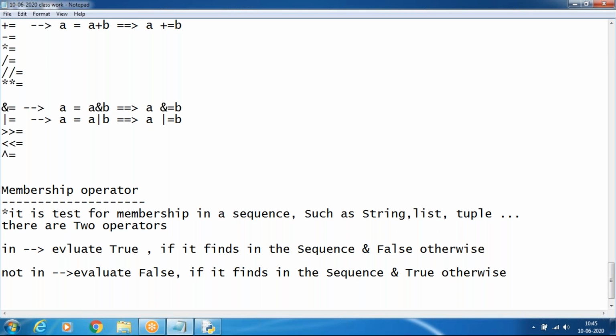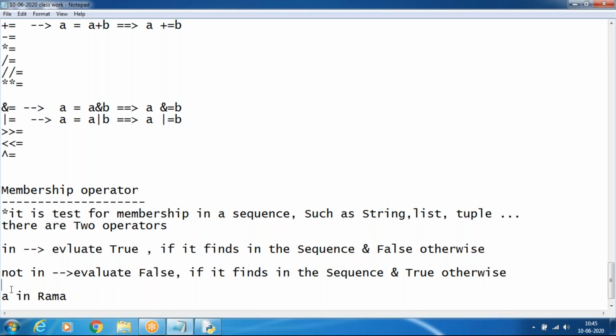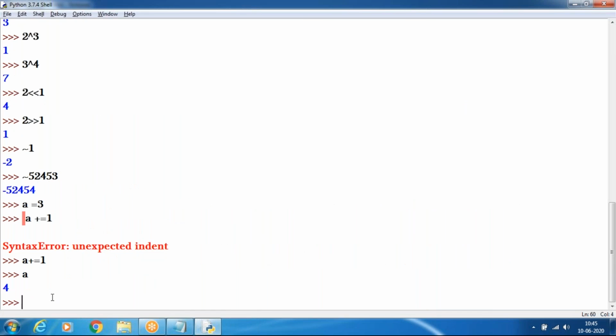Let's see an example. Suppose Rama is a string. A in Rama: it's available, so it produces true. We will see it in the practical.